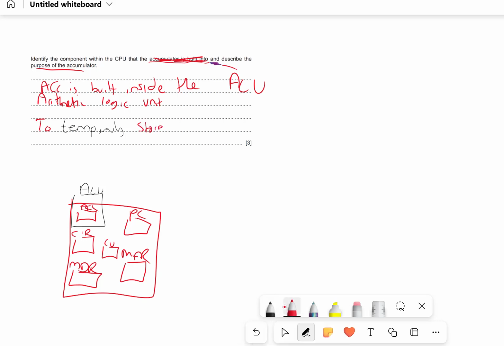It stores data, that's what registers do. What is that? It stores data. I can't even get rid of this. That is so weird. Let me erase it this way. Okay, stores data for the calculation or logic